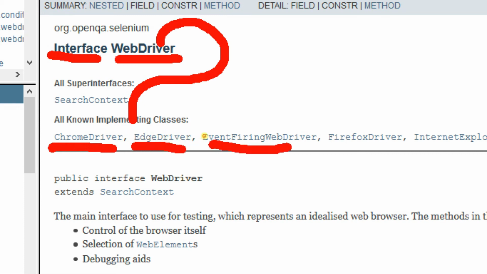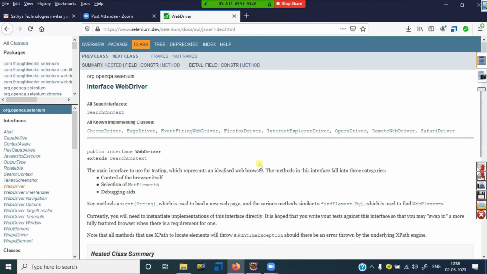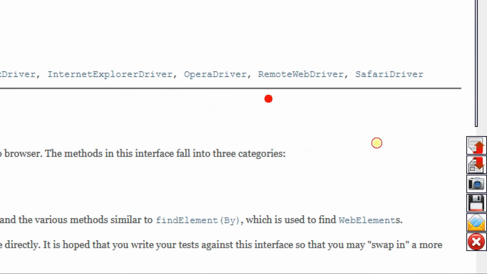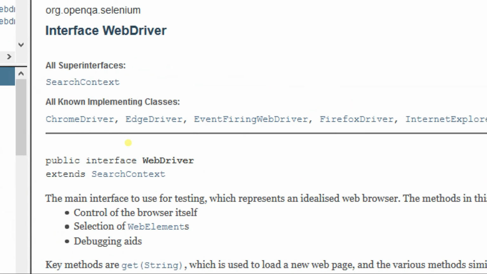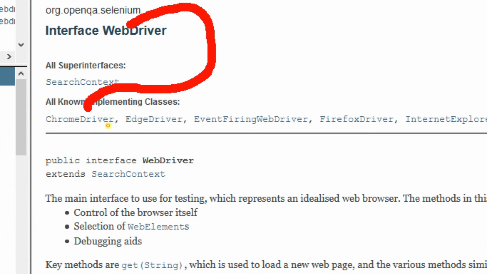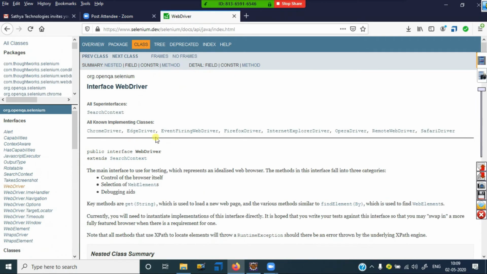EventFiringWebDriver, one class. FirefoxDriver, InternetExplorerDriver, OperaDriver, SafariDriver, RemoteWebDriver. All these interface methods are implemented in these classes.